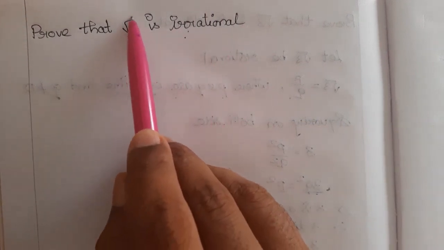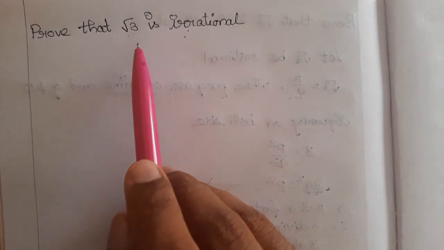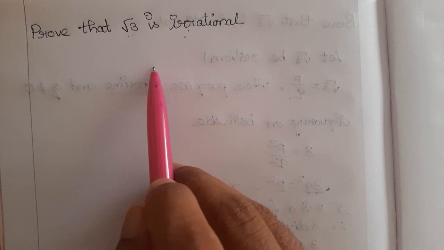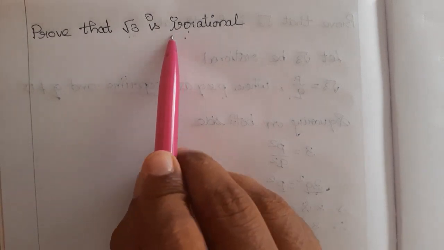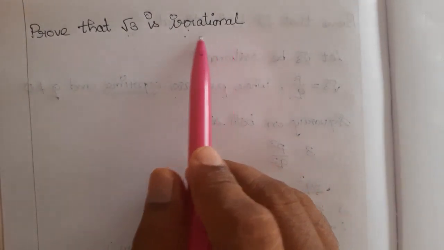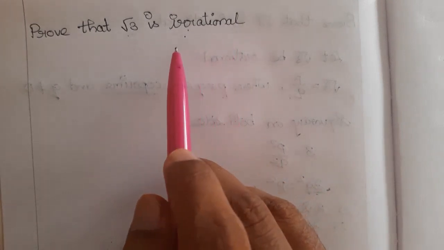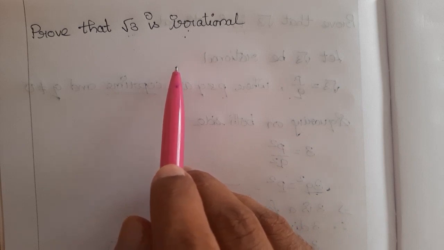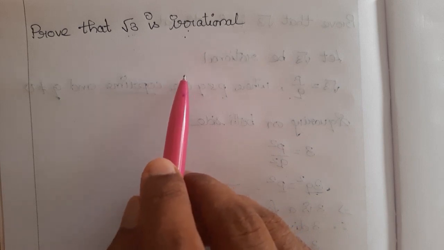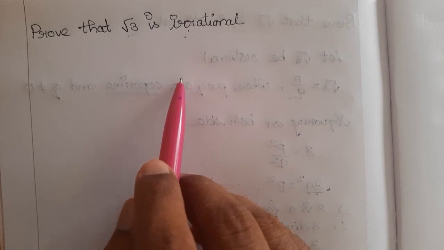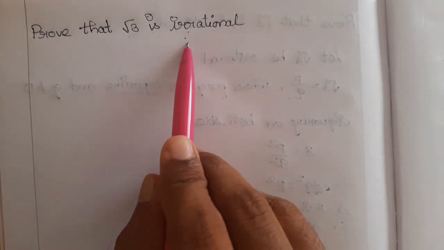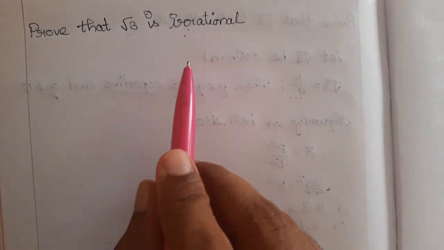So here we are going to prove that the number under this radical sign is irrational. We are going to prove it by one of the ideal methods in mathematics, the contradiction method. The method says we assume the given statement is false, think opposite to it, and try to show it satisfies the condition. In some case it will not satisfy the condition. That time our assumption goes wrong and the given statement is right. I think from this problem you will understand.